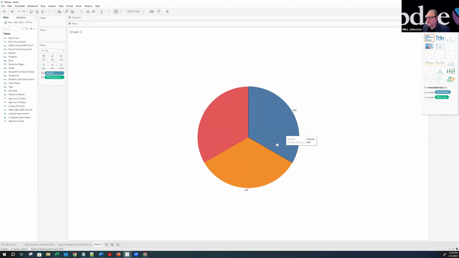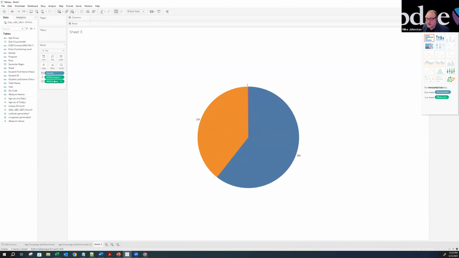This is not proportional to the population that I have. What I'm going to do here is drag my unique head count and put it into my angle. I'm going to say, let's go ahead and redimensionalize this according to the population that I have. And notice what it did there. I'll just do it one more time. I'm going to drag this into the angle, and now it dimensionalized this, reflecting the actual population and the percentage of the pie that it represents.